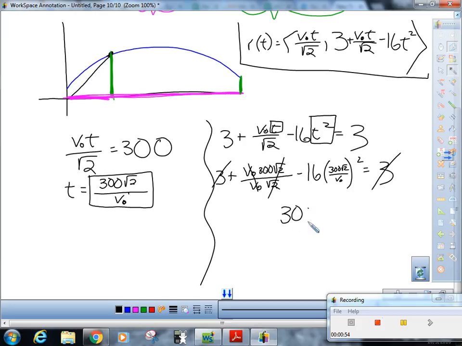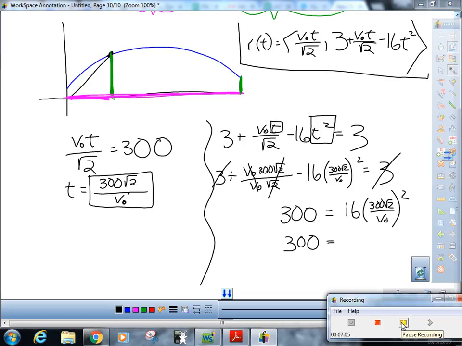You get 300 equals, move that over, 16 times 300 radical 2 over V0 squared. Squaring that out in your calculator gives you 300 equals 16, well, let me just write that out. Okay, you get 300 equals 2,880,000